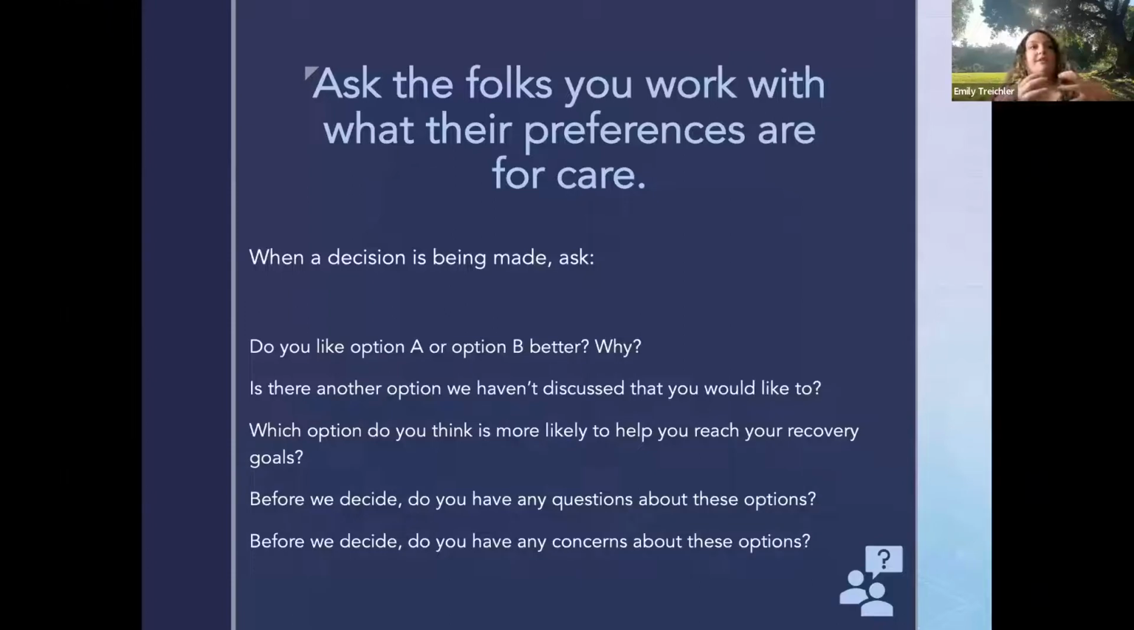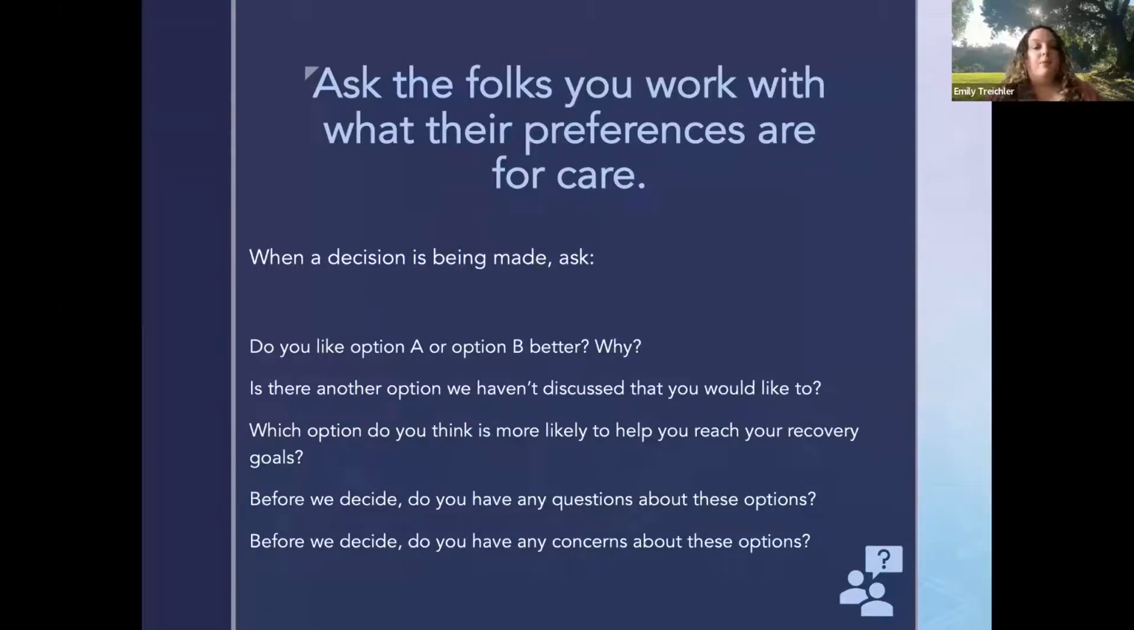I also like to open up and say, are there other options that we haven't discussed that you would like to? I work in the VA primarily, and a lot of times veterans talk to other veterans and they hear about things. And so sometimes they say, well, so-and-so is doing this thing. And I may not have known about it. I may not have thought of it, but they know about it. And so providing that opportunity to bring up new options, other options,